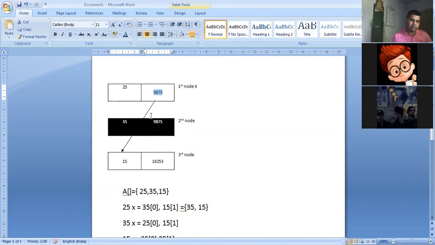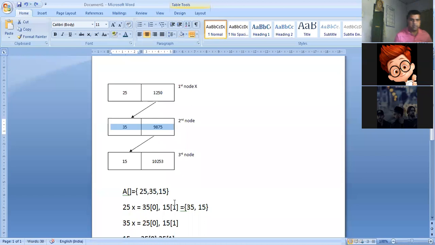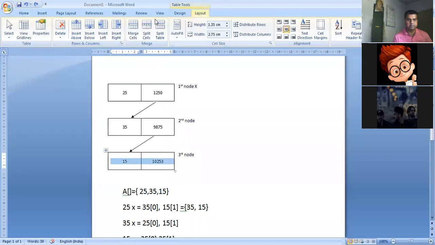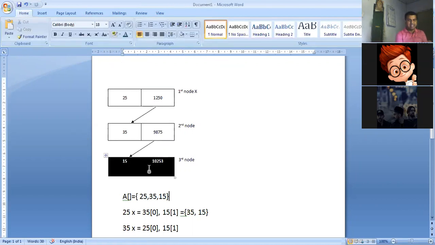Now if you have to remove any node from the last, okay, I'll just make those minor changes. Now if you have to remove the element from the last node, that is this particular node, that means what?